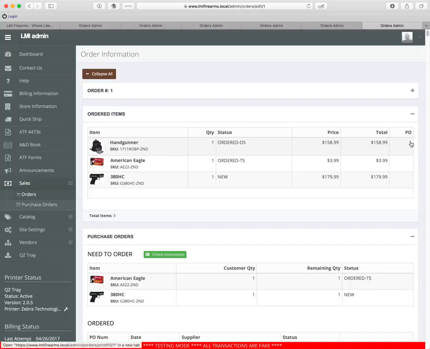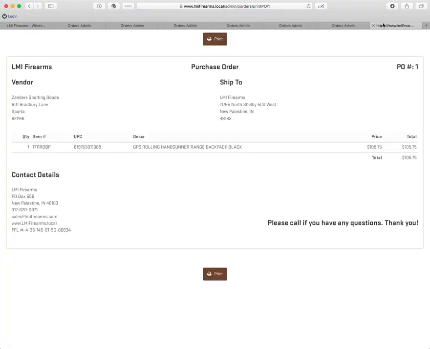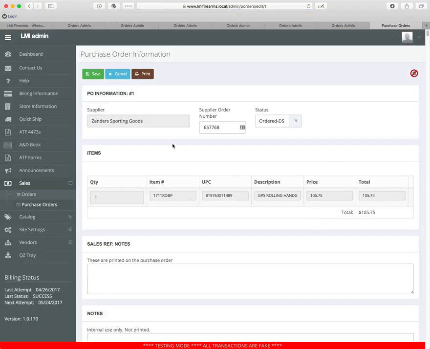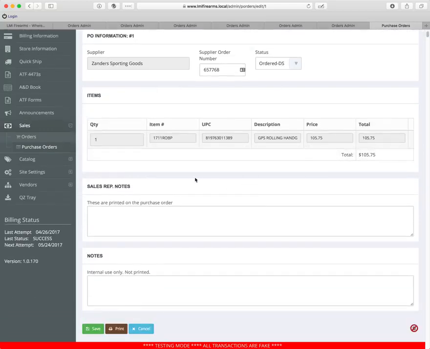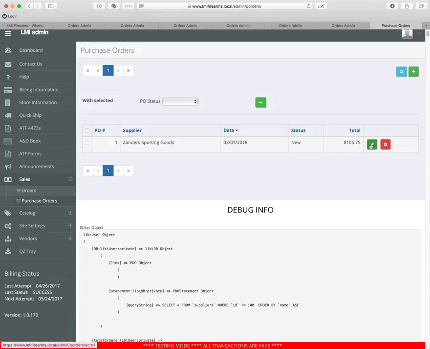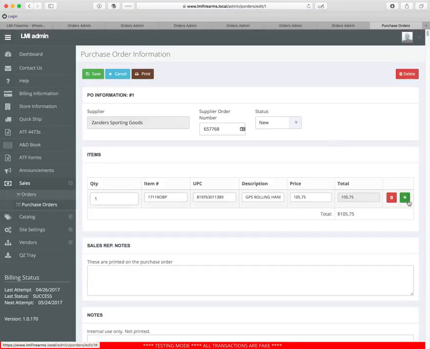Okay. Now, a note on these purchase orders that were automatically generated. This was sent to the supplier. You can't add any more products to it, because it's already been sent. If you come up here and change this to new and hit save, you can start adding new products to it. But you really aren't going to want to do that